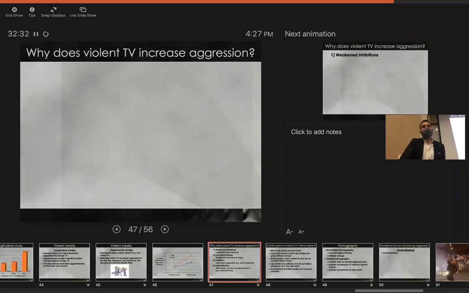And there are a number of explanations for this. And by the way, I do want to say that when we say that watching violent TV can cause aggression, that does not mean that it causes people to murder 50 people or engage in school shootings or anything like that. That's way, way, way too simplistic a claim to make. And we'll talk a little bit about some of the nuance of this in a second. We're only saying that at some level, it can increase people's tendency to behave aggressively, at least temporarily.